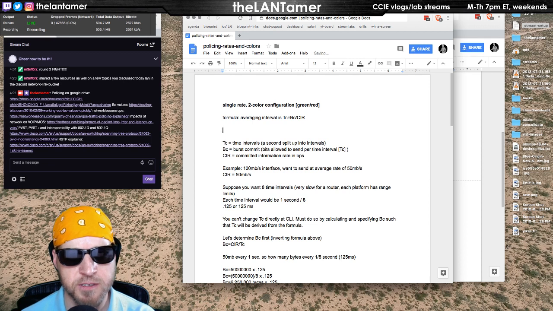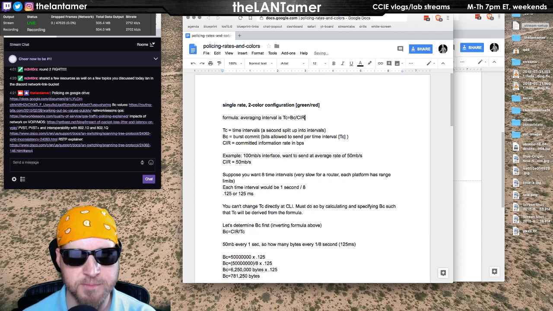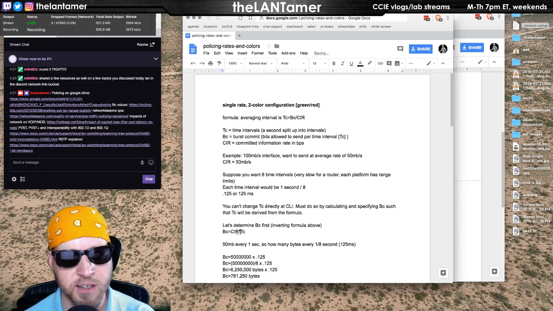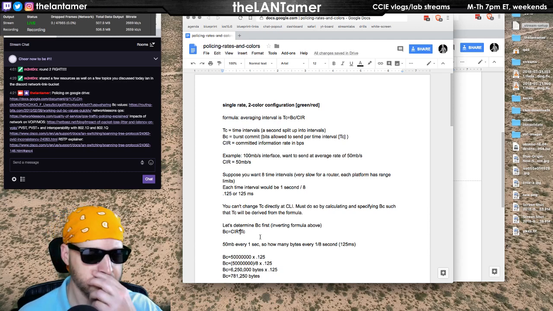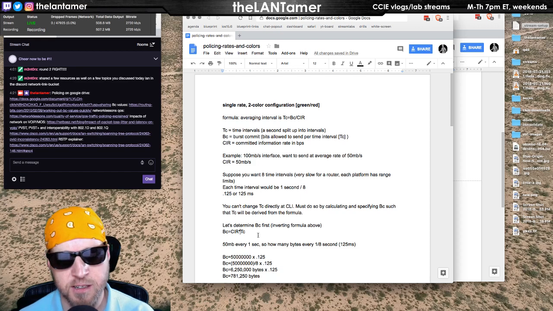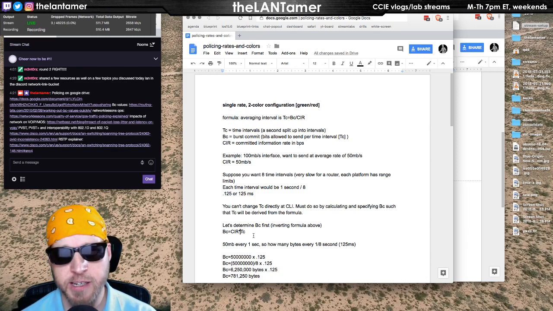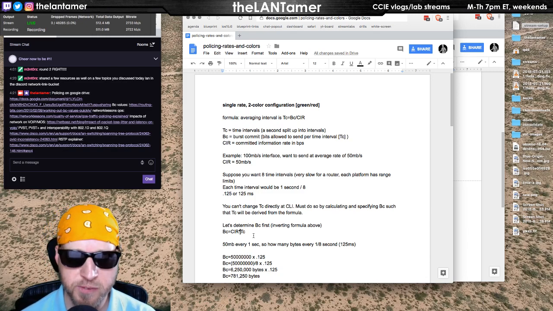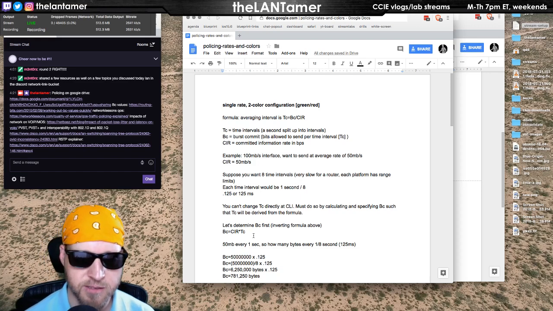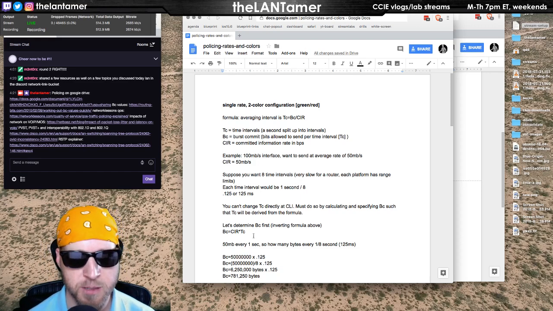Yeah, it's multiplied. So if I multiply CIR on both sides of the formula, I would have the BC, which is my burst size. And again, the burst size we want to calculate in bytes, not bits per second. Even though we're doing a time formula here, we need to know in that interval of time, 125 milliseconds, what is the size of packet that I need to be looking for in bytes,